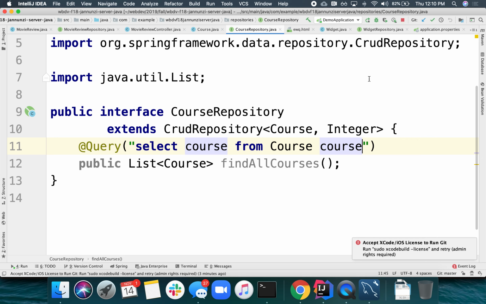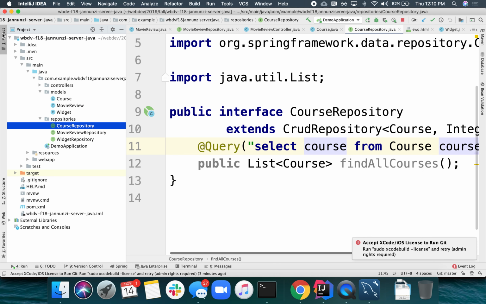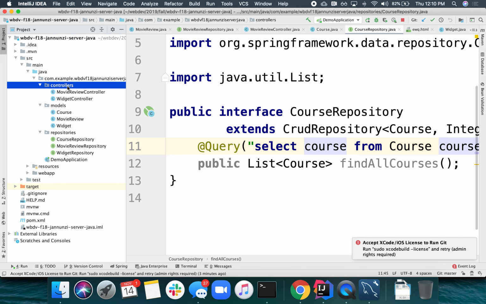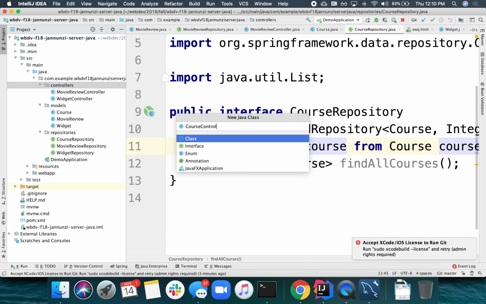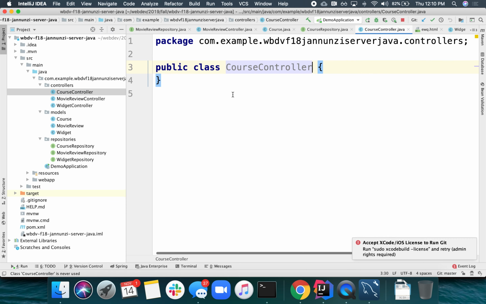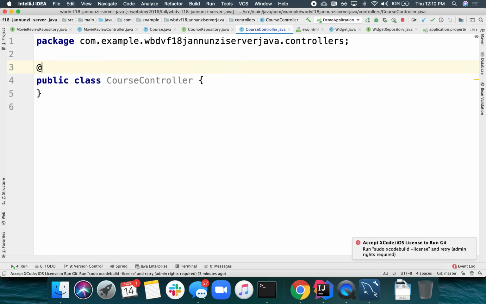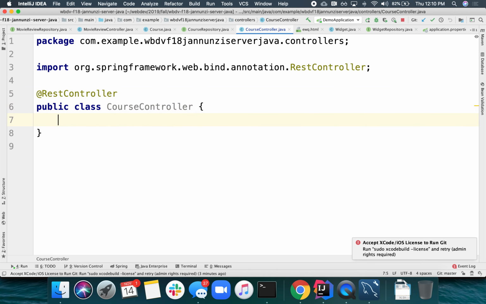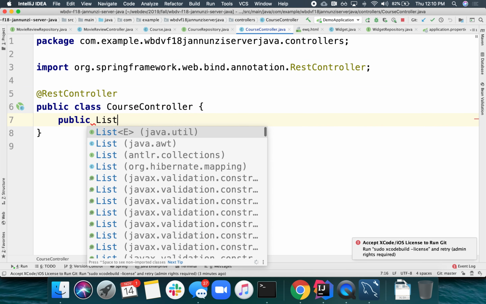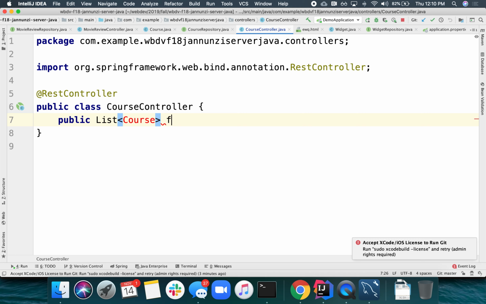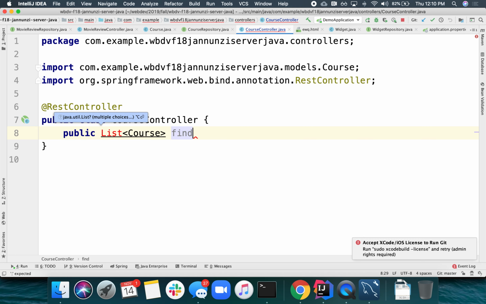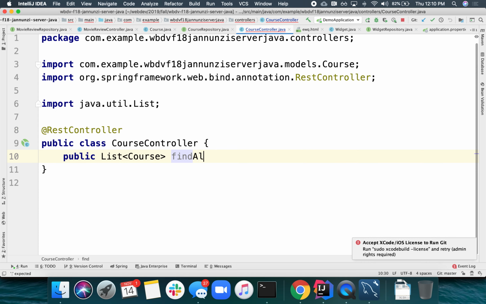We also need a service or a controller that exposes this data. So let's do that. Let's create the controller here. So we'll create a new Java class. So this will be a course controller that is going to expose this data model. So we're going to have here a REST controller, and we want to be able to retrieve the list of courses. Find all courses,